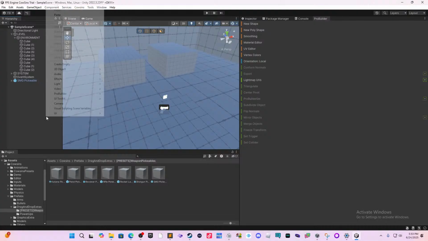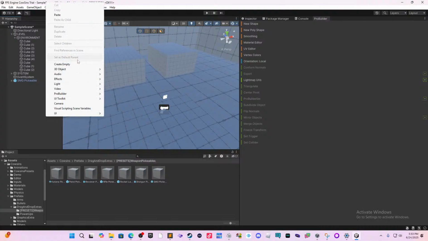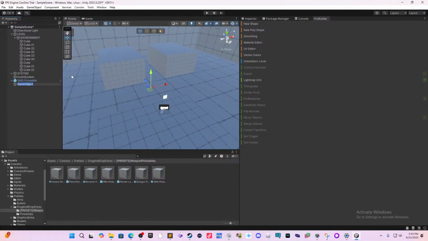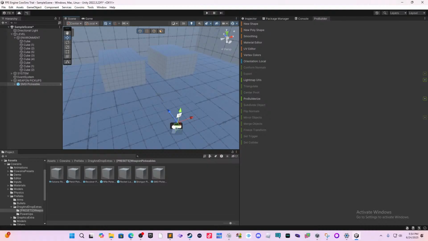So now we're going to make a new game object. We're going to call this weapon pickup. And then we're going to drag our SMG pickupable and put it under that. Then we're going to put our SMG pickupable somewhere where we can grab